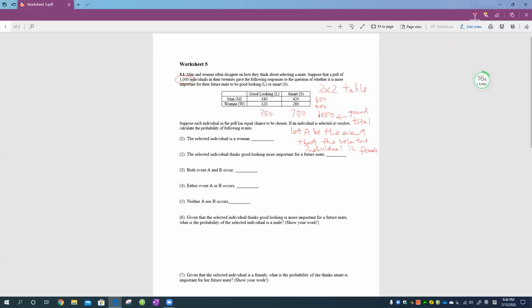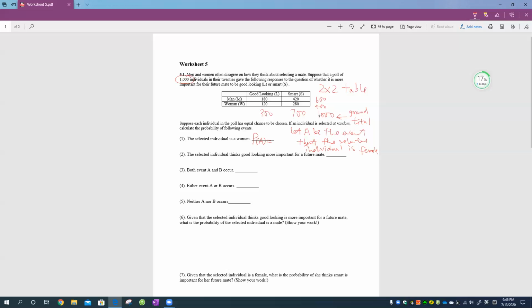And we can then write down the probability that the selected individual is a woman. Then we say probability of this event. So we define it using A. Then we can say probability of A equals